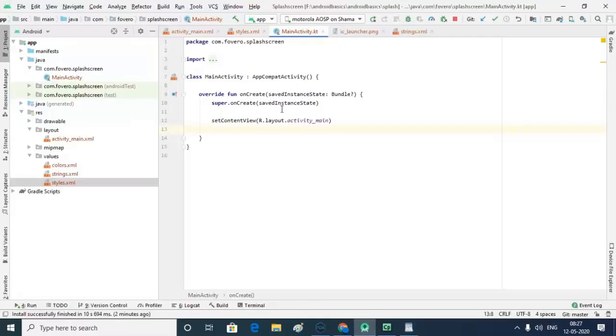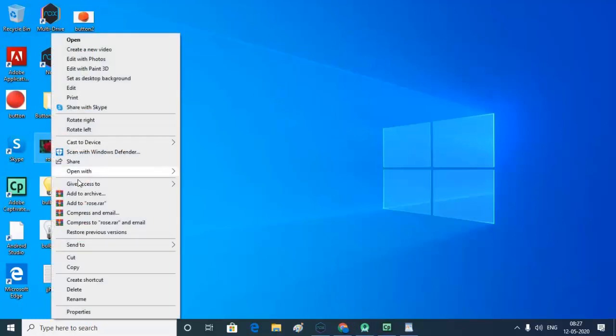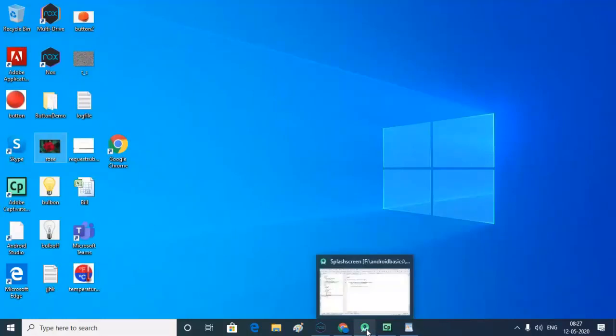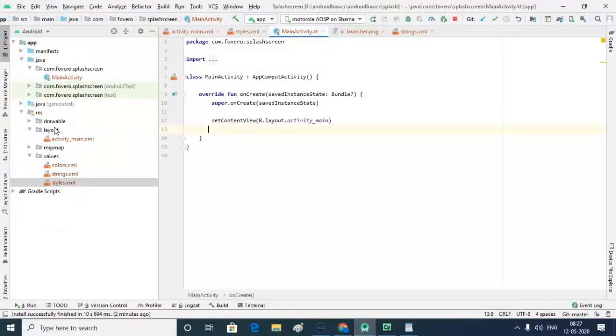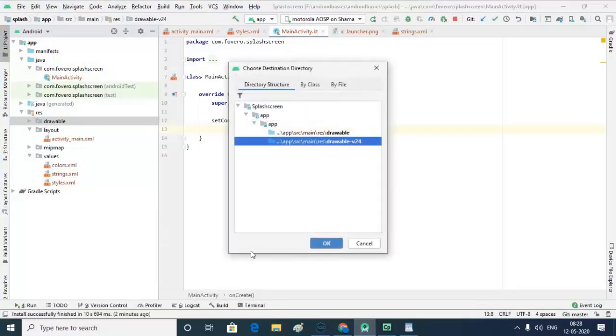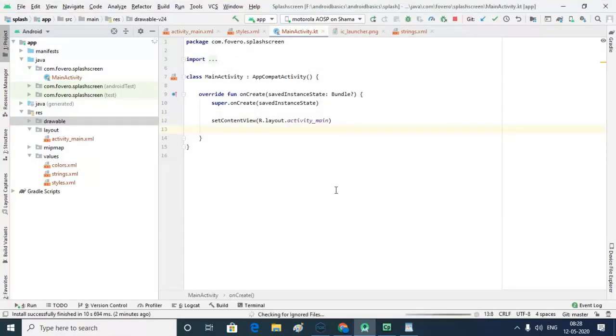To design a splash screen we need an image. So I am going to use this rose image as a logo of my app, and so I paste it here in a drawable. Okay. And after that I need to make changes in my layout file.